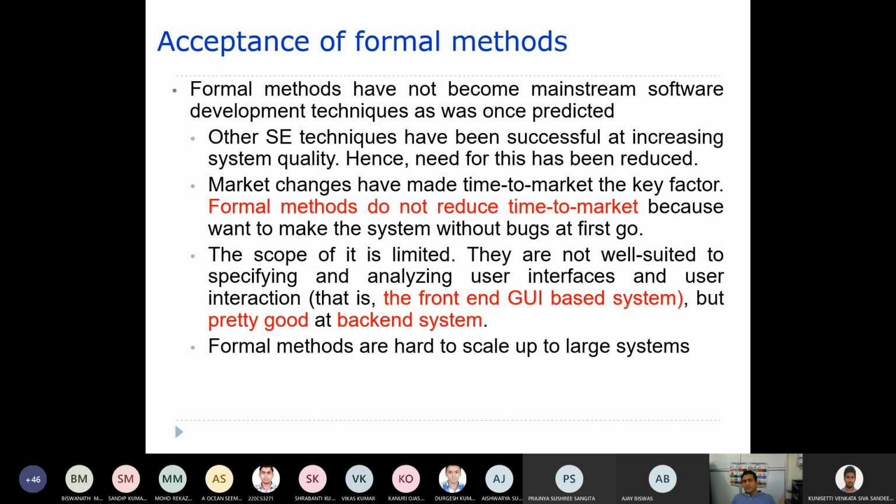Now, these formal methods have not become a mainstream software development technique. There are certain reasons. The other software techniques have been very successful at increasing system quality. That means the other techniques are very robust now. Because of that, the demand for these formal methods has also been reduced. Okay, and another problem here is